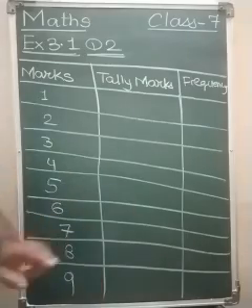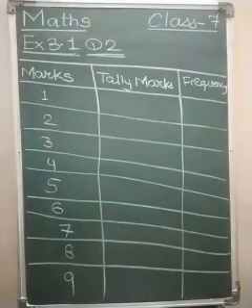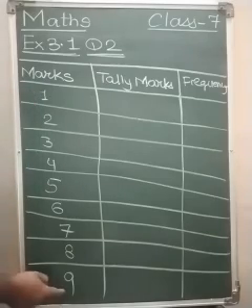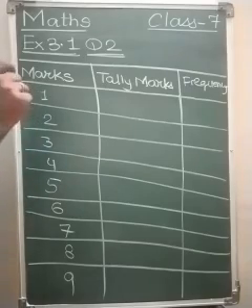Now the first question, let us solve it afterwards. But here you can see the lowest marks is 1 and the highest marks is 9. So we can easily find out the range of the marks. Okay. Tally marks. We have to count